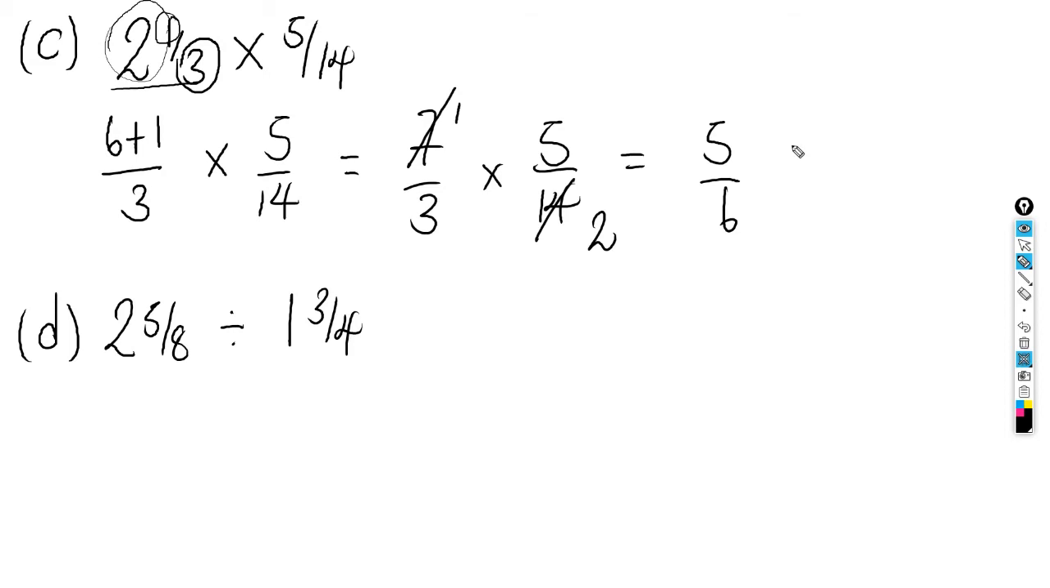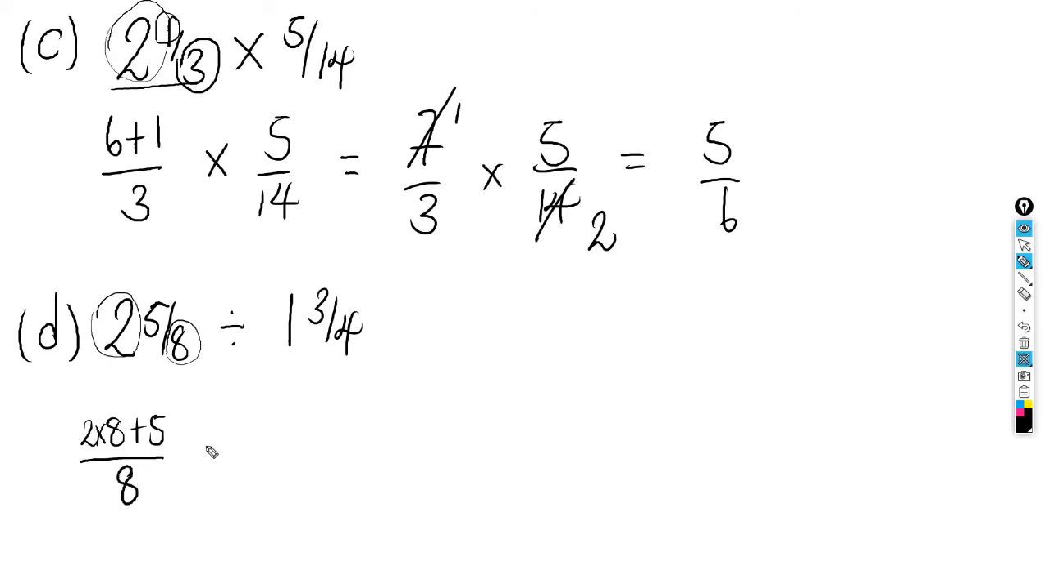So we end up with 5 over 6 as the answer. Cool? All right, so let's look at the next example now. The next example says 2 and 5 over 8 divided by 1 and 3 over 4. So how do we work this one out? We do the same thing. We're going to change this into improper form. So we're going to multiply the 2 by the denominator. We're going to end up with 2 times 8 plus 5 over the denominator of the fraction, which is 8,